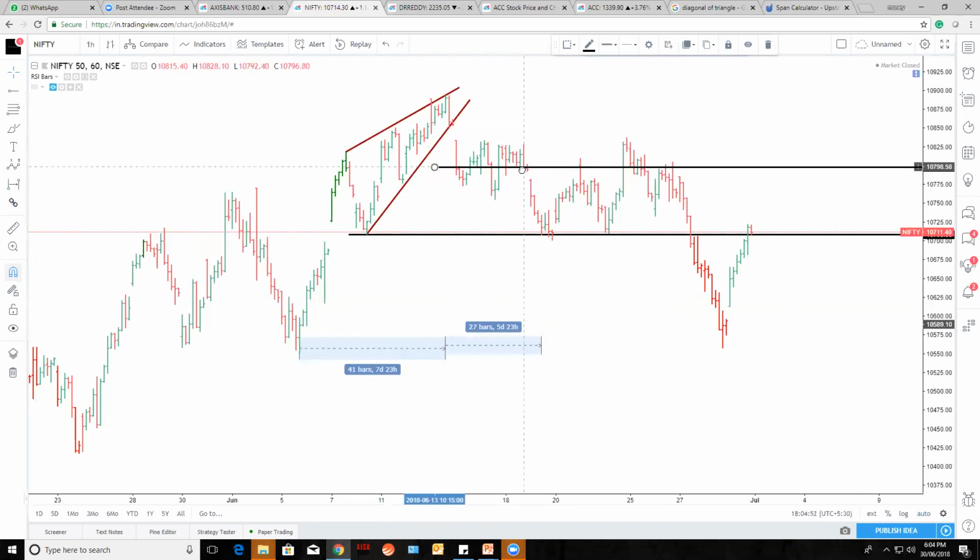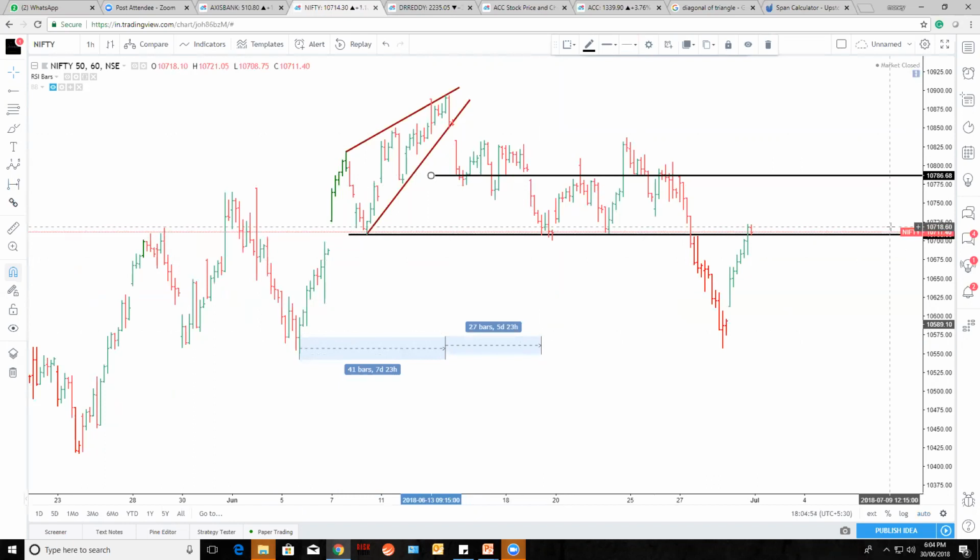Let's take this as an example. From here, if we are selling at 10,786, we are booking at 10,711, in the matter of 4 to 5 days. Let's take here to here, 4 to 5 days. How many points? 70 points. 70 points means 70 into 70, at least it will become 5,000 rupees in 5 days, right?